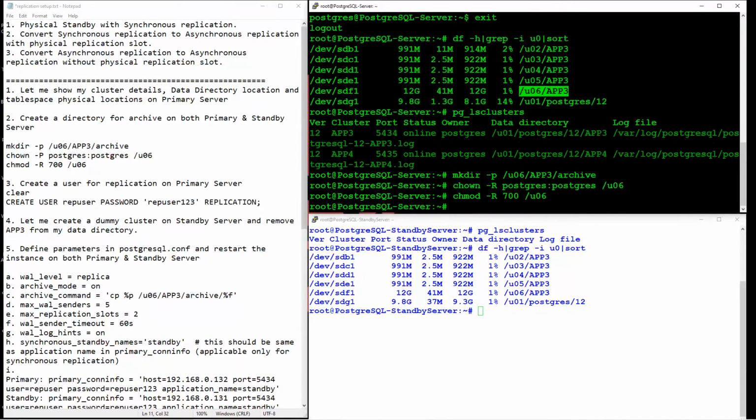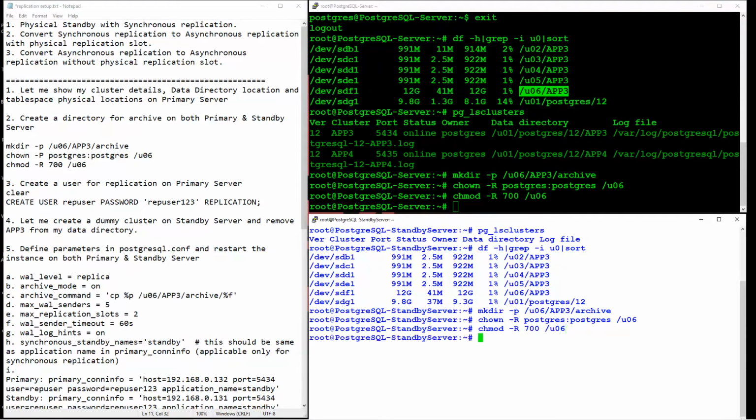Similar steps I am going to do here in my standby server. So I have completed the first and second steps.